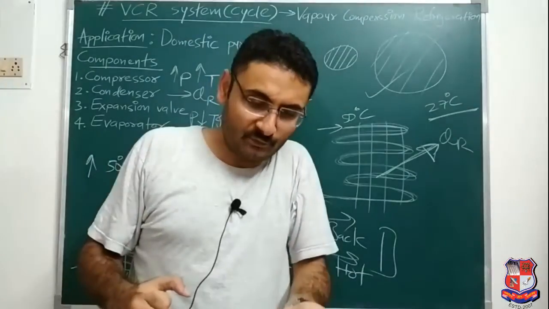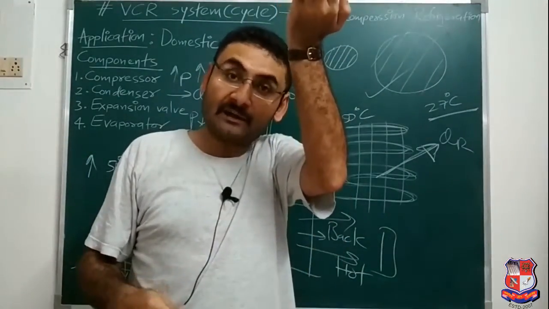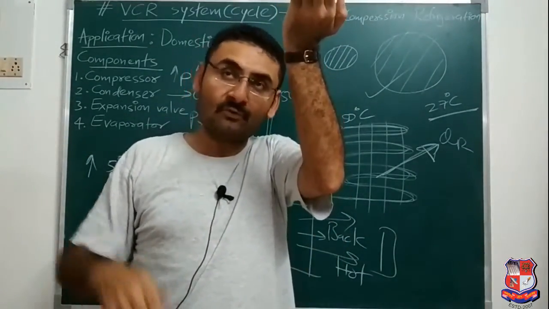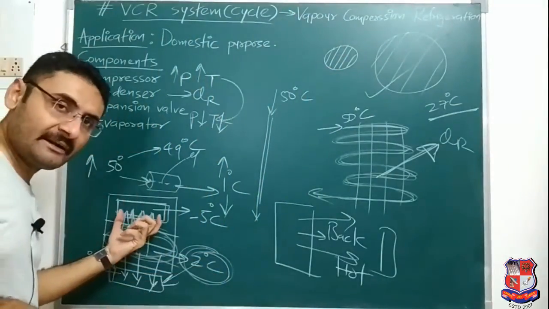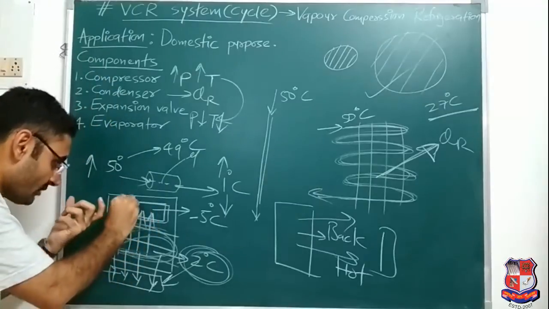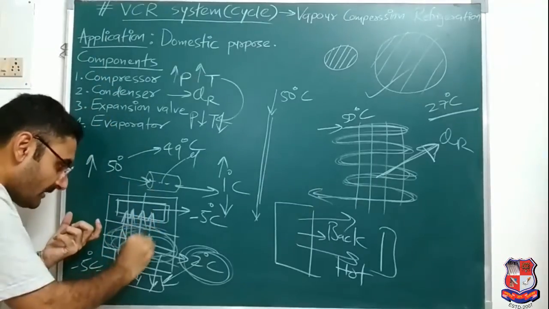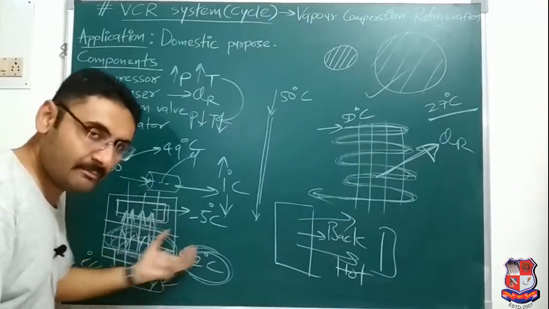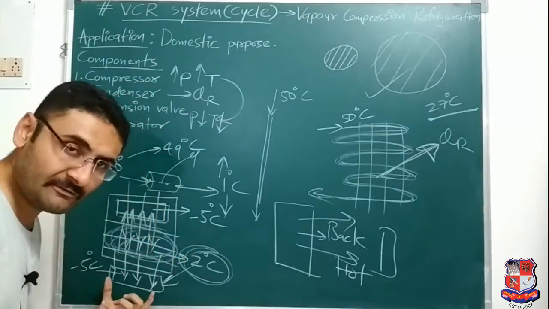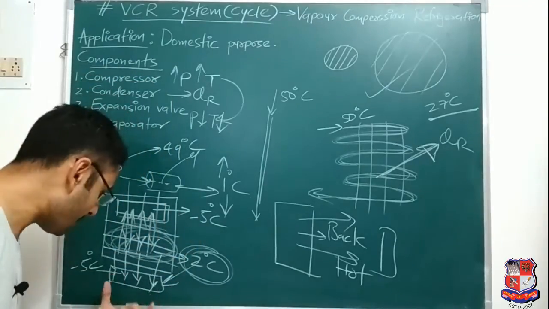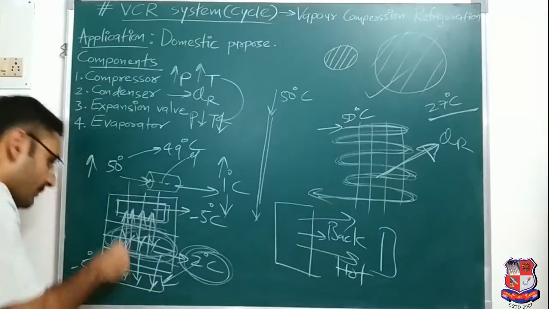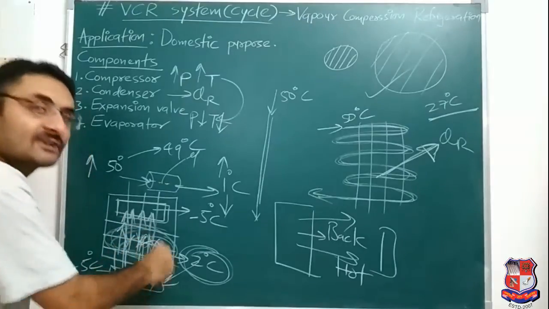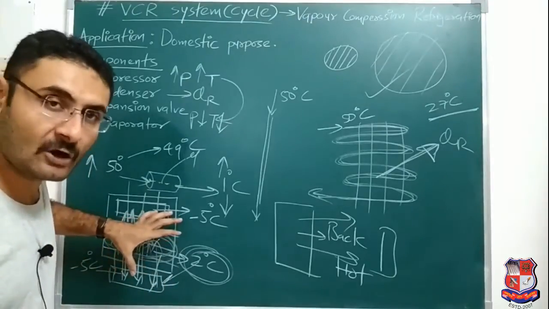Hot air will always move from bottom to top, and in contrast, cold air will always move from top to bottom. That means in a deep freezer, in the evaporator, cold air is present. So cold air will always move from top to bottom. So the remaining compartment may cool. But if you look at the deep freezer at the bottom side, what happens now? The deep freezer has which type of air? Cold air. But that cold air cannot move in the upward direction. So the remaining compartment cannot be cooled.